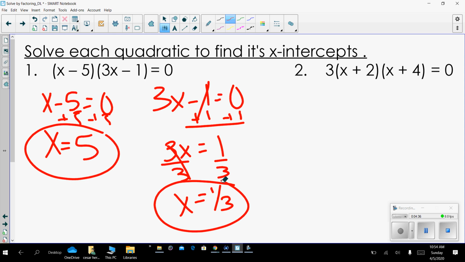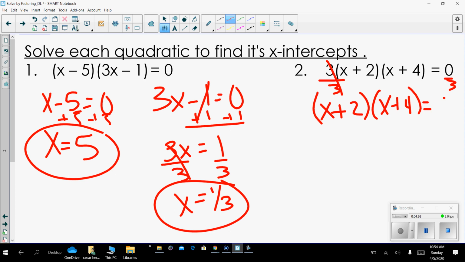Number 2, notice that I have a 3 outside. That means that was the greatest common factor. It really doesn't affect the answer, because if I wanted to get rid of it, I would divide both sides by 3. Well, this is still x plus 2, and this is x plus 4, and 0 divided by 3 is still 0. So if you break this up and you equal it to 0,